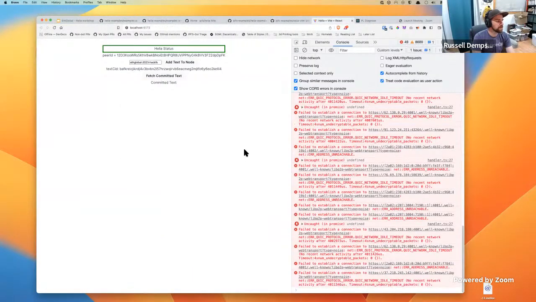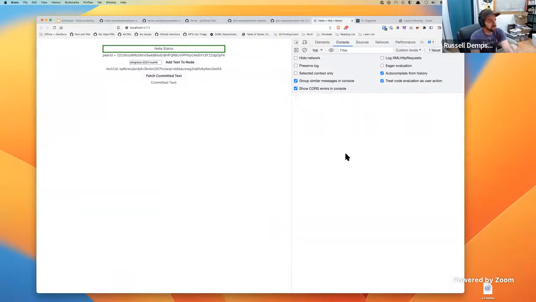So if we go here, it's been running here, and it's emitting some errors for connections to peers that don't support certain transports, or, there's lots of dials with libp2p and IPFS when you're trying to connect to other peers. And so they're not all going to succeed. So those errors are normal. But yeah, I created a little